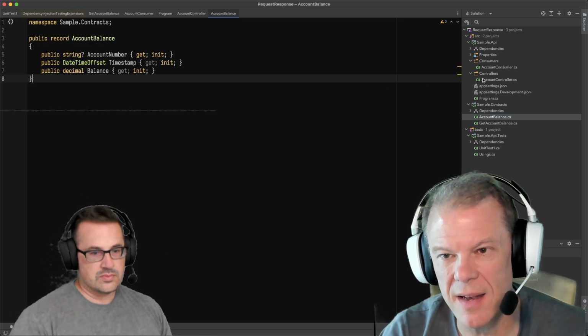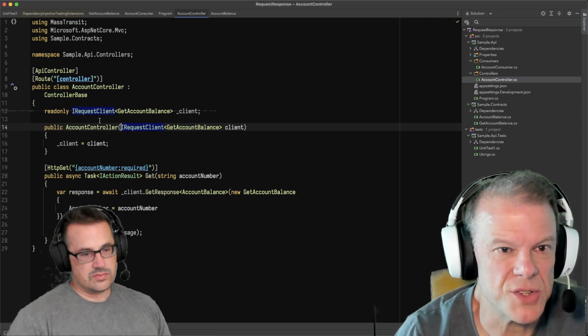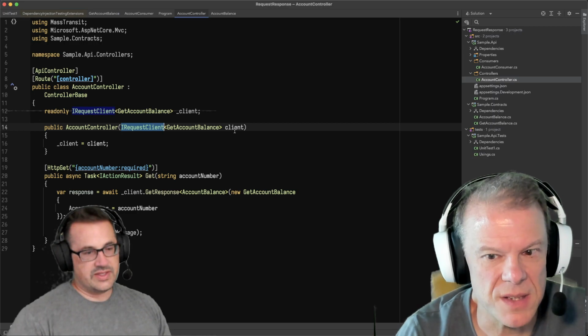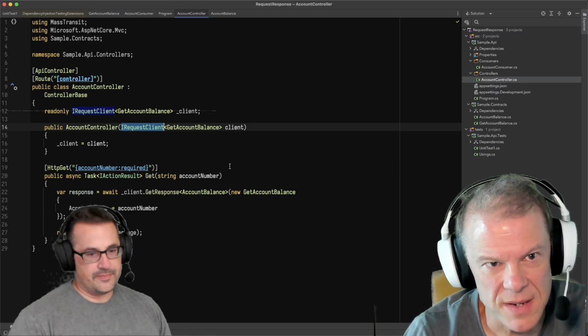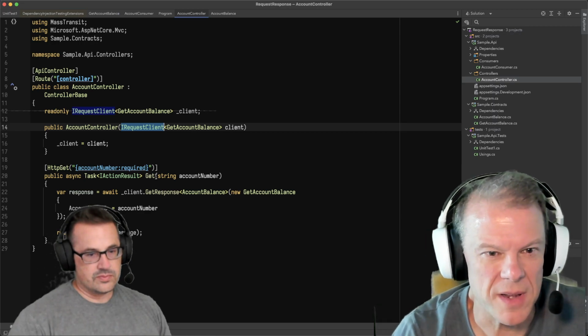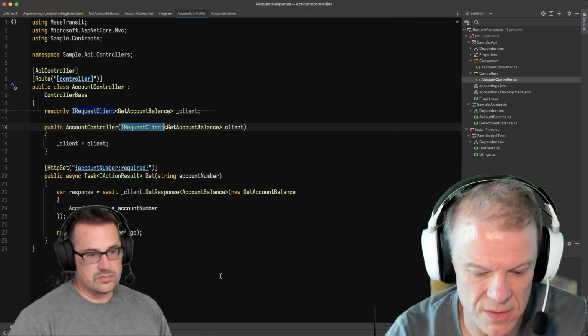And to run that, I have a simple account controller that is using the IRequestClient for get account balance. That's in the MassTransit namespace, right? Yes, it is right there. And it's a very simple method. I've got a getter. I'm going to pass it an account number. Call GetResponse. Done. So if I run this,